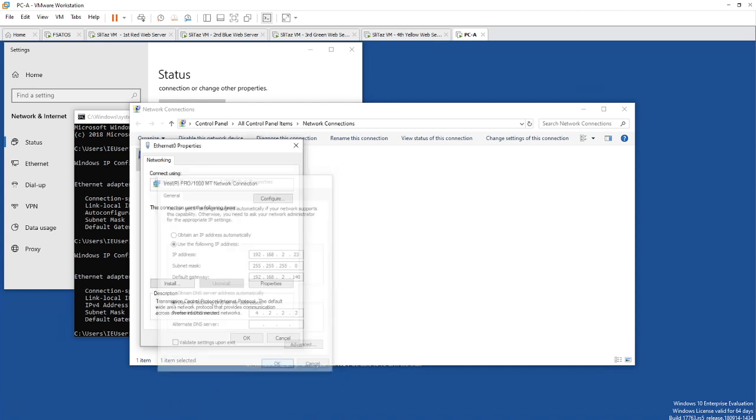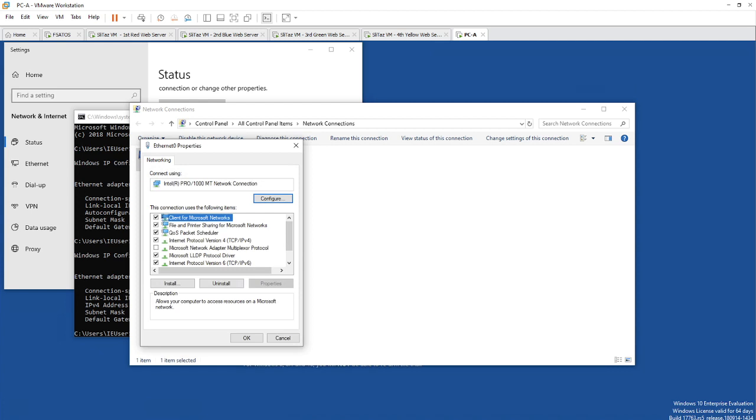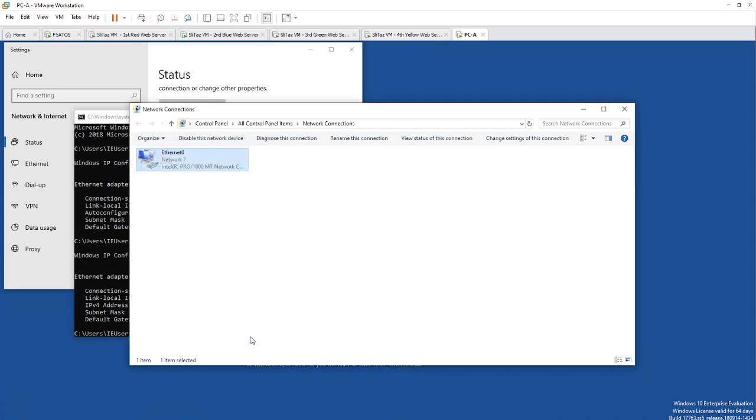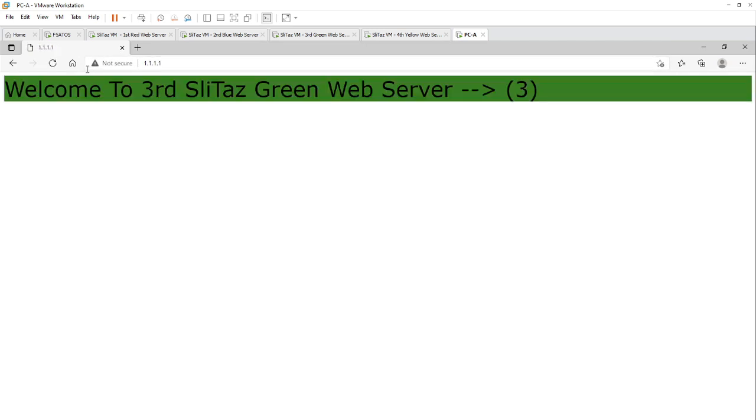Now once I do this one and then try to access my 1.1.1.1, then I'll be in a position to see my green and yellow web servers, but not the blue. Right, green is coming up.